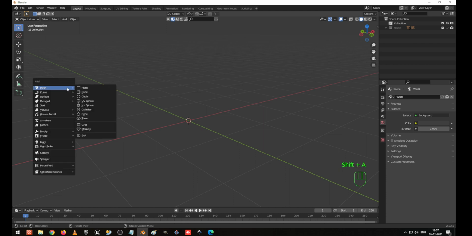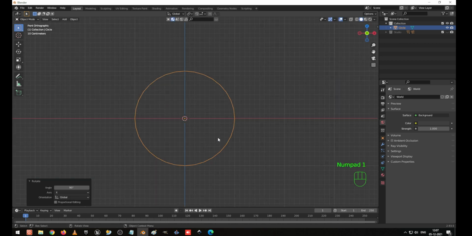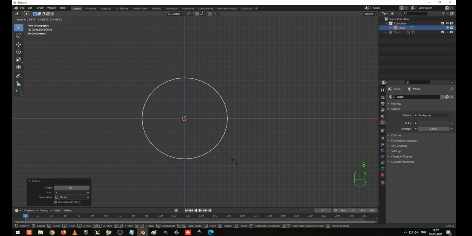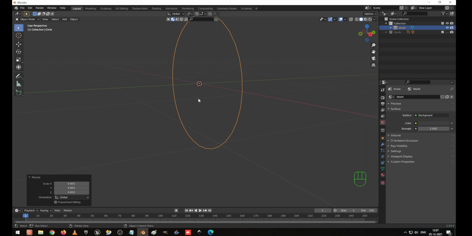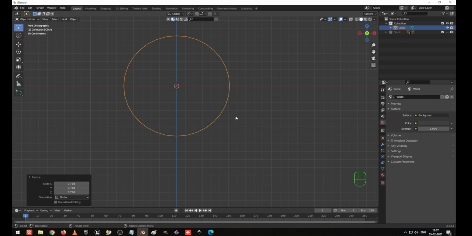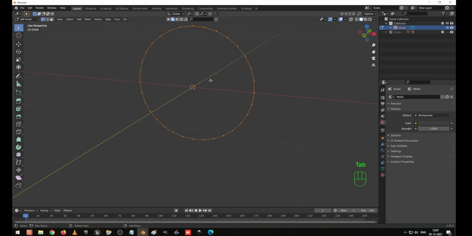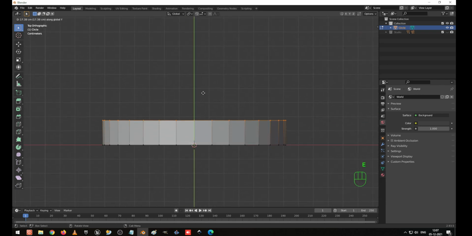Let's create a circle, rotate it 90 degrees on X, and press 1 on the keyboard for the front view. I scale it down slightly. So I'm going to model a front tire now, which will be more useful. Now I go to the front view and scale it slightly down, so this way we can do it. Okay, now go to edit mode and go to the top view, press E to extrude on the Y axis,